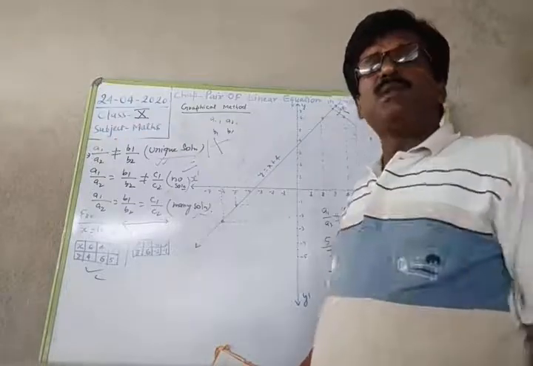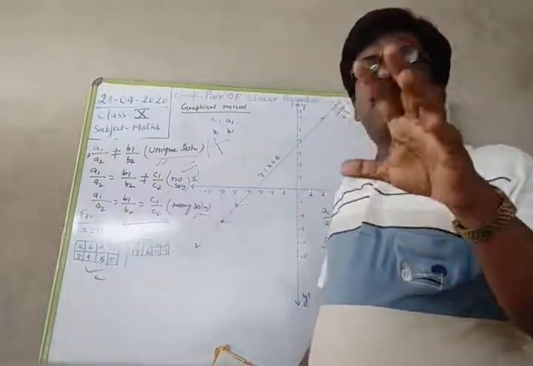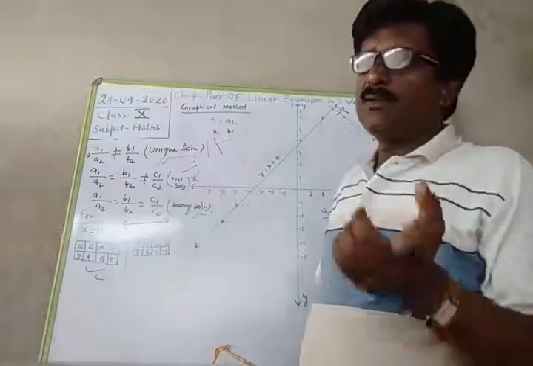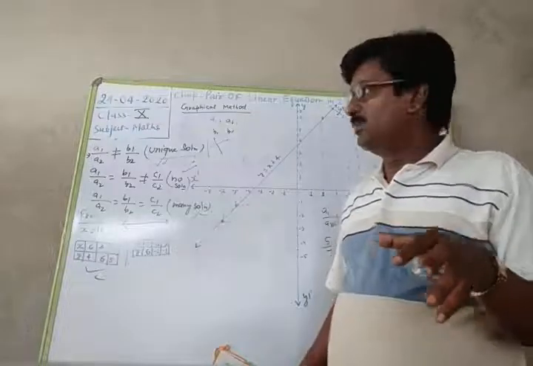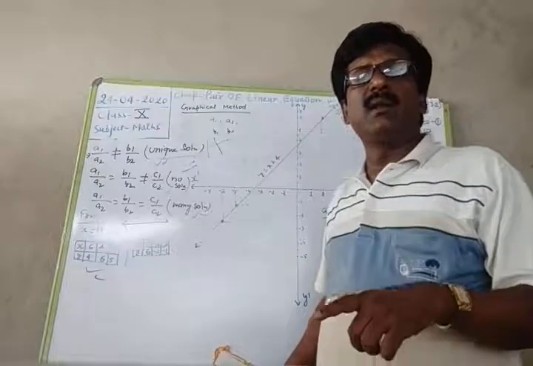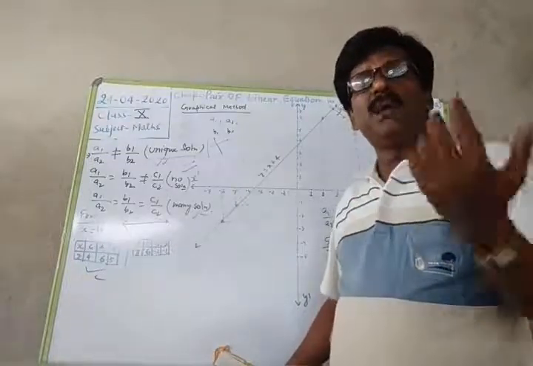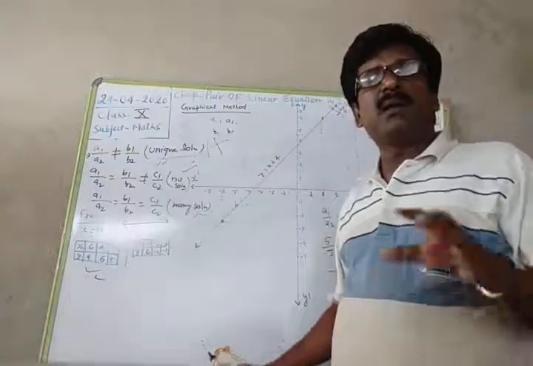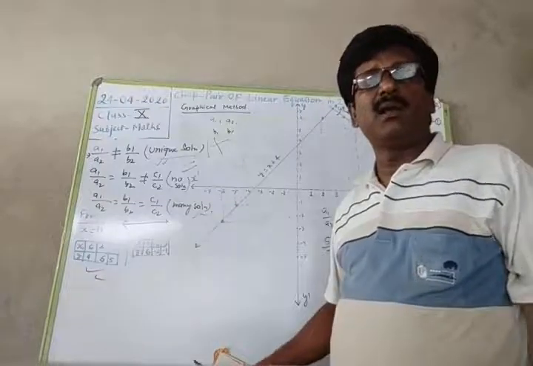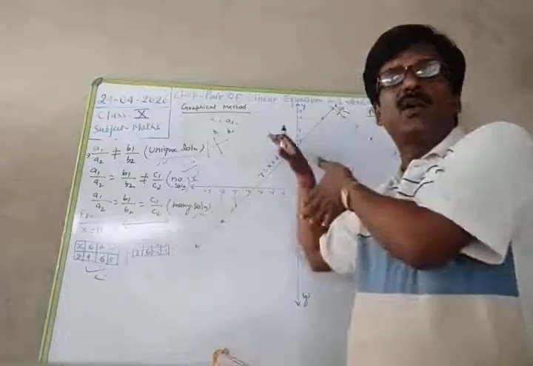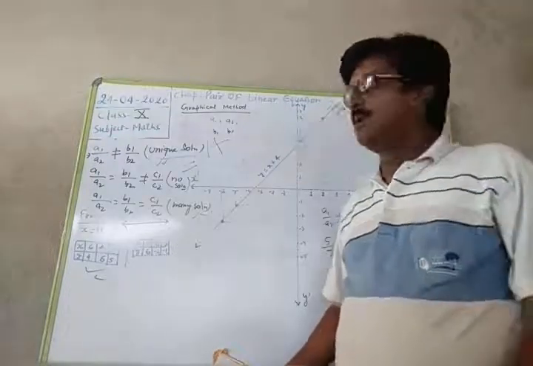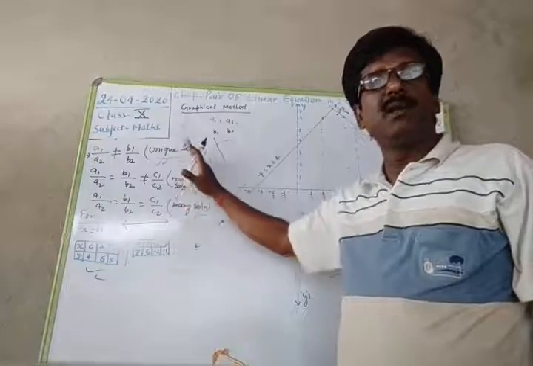When some special questions are there, suppose any information or situations are given in language, first of all those situations must be converted into linear equations ourselves. And when we frame the equations correctly, then after framing the equations, we have to obtain the tables, and after obtaining the tables, from those tables we can have coordinates, and after getting coordinates, we have to plot the coordinates in this Cartesian plane. And when the line is obtained, then we have to observe these points. That's what I have told you.